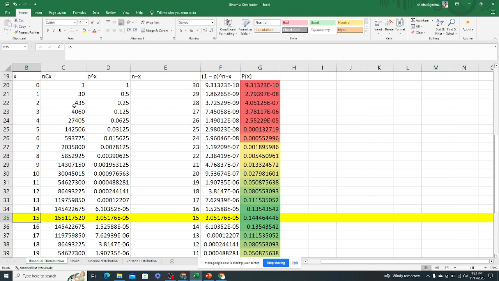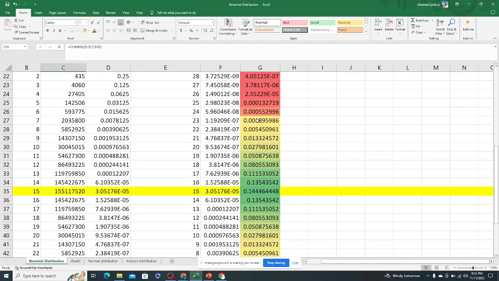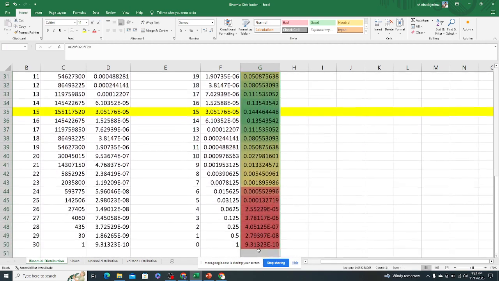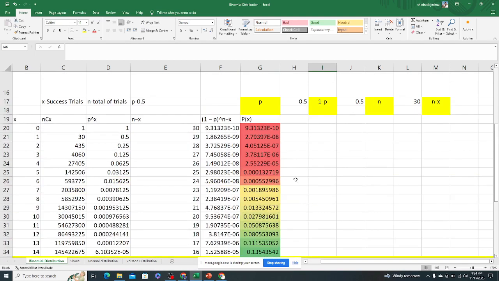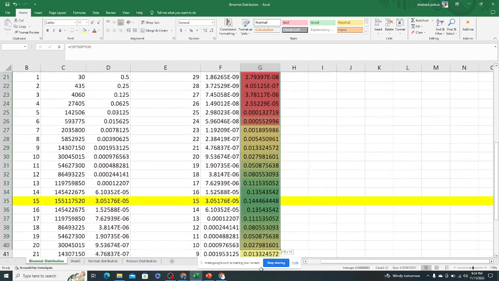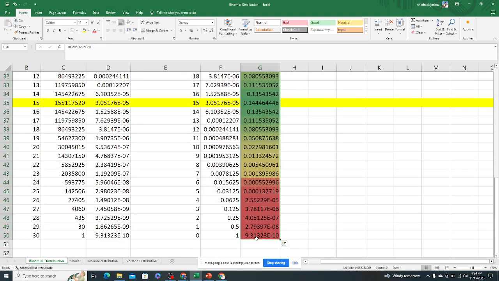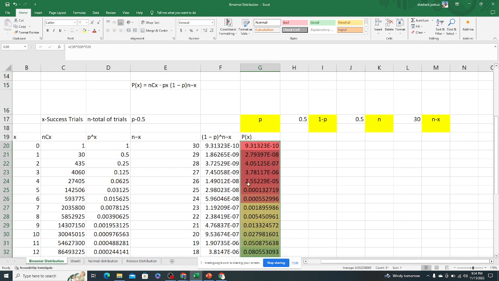In case we increase the probability of success, you will see this changing. Let's first try to present this in a graphical representation. But before doing that, we want to see if we use the inbuilt function,